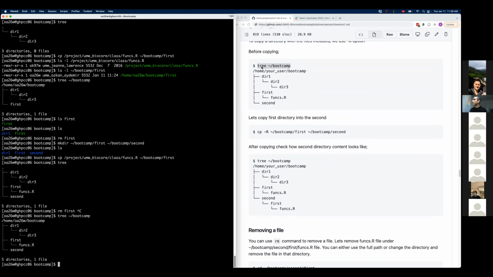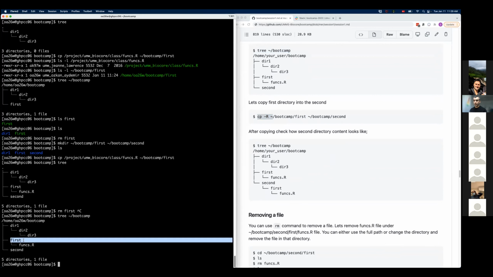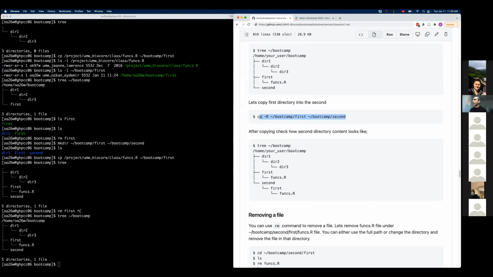Okay, so we are picking up from here. The tree command shows a similar thing to here. And when we are copying the first directory into second, we're going to have to use the -r option to do a recursive copy.